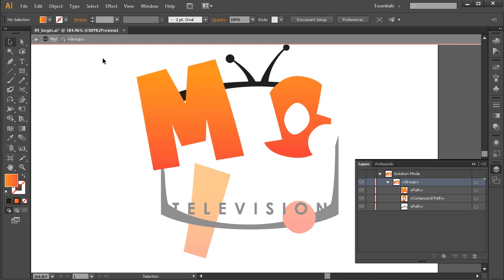So if we were to look up here in this gray bar, you'll see here we have a little back arrow, so we could click that and we could step back within that group. If we drill down, say we have a group that lives inside a group, we can move within our Layers panel one step at a time to back out of isolation mode. But over here we have